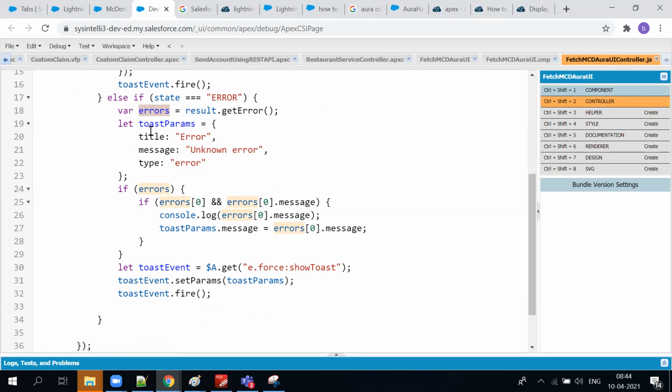Now what we're trying to do is drill down to the error results that we got, either the first record or inside the messages, anything you have. So we're trying to get them. And again, errors is actually an array type. Out of that we're trying to get the message. So if you see here,